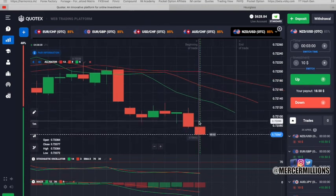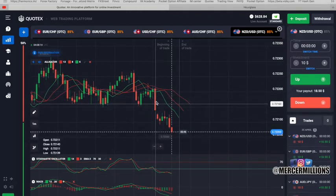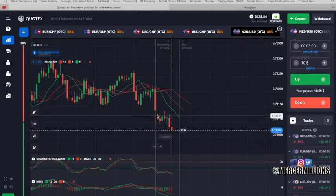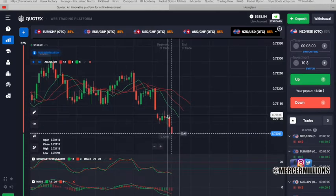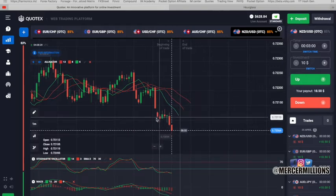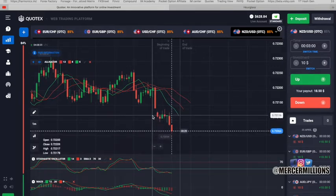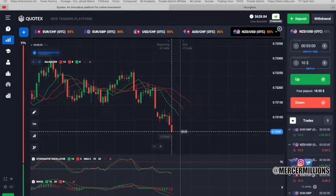All right, so that was a good win. I kind of like that setup where it broke, it retested, and then I had this super strong engulfing candle. We had a little consolidation and then the push down. So right now I'm literally just taking whichever one I see, but in the future, I'm gonna try to master this strategy and use the tools that we have with our platform to see if we can improve our success rate. But so far, looks like we got